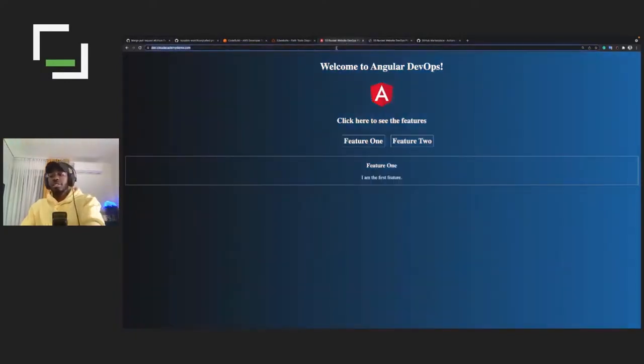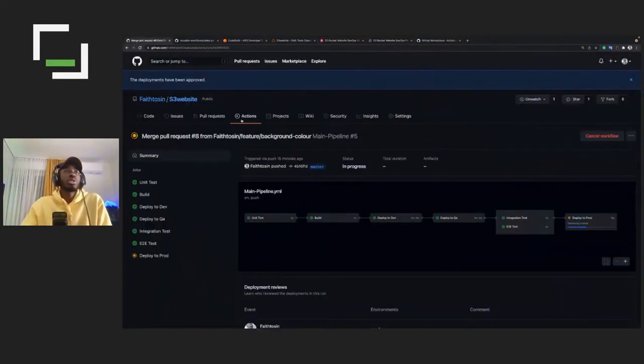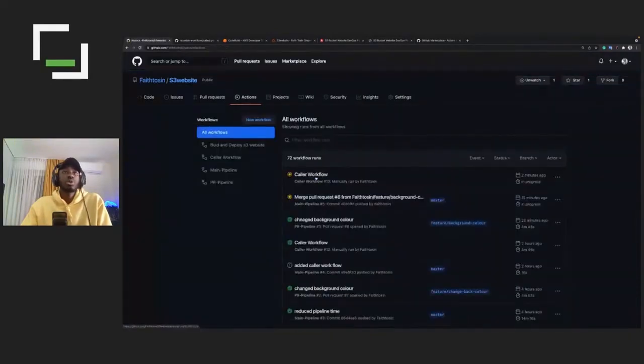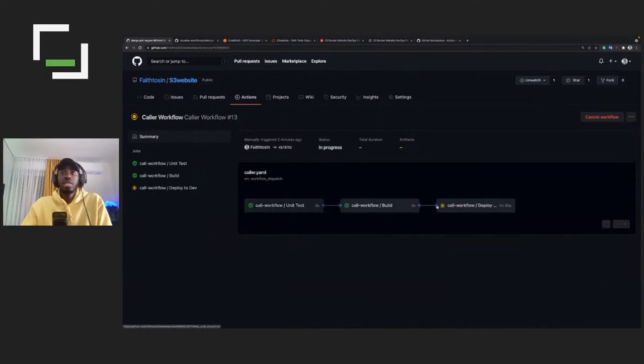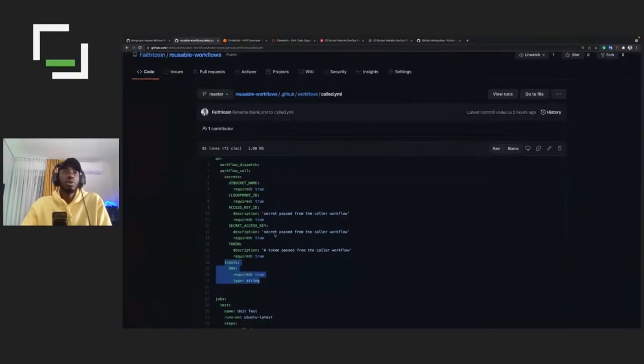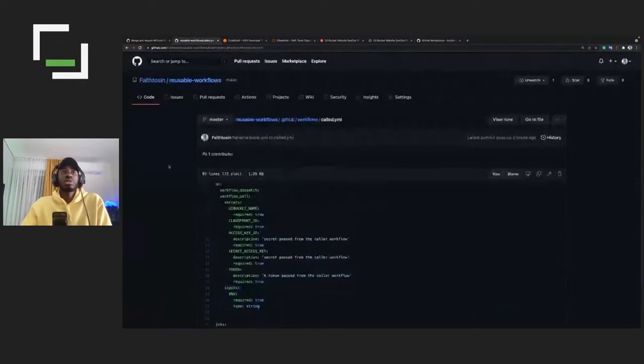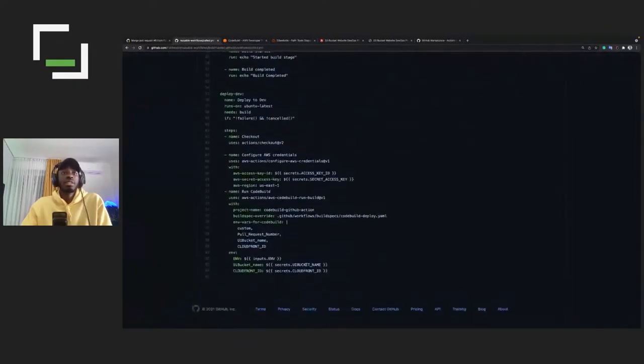Dev is already blue-black. I don't know what to call this. So once deployment is successful, we should see blue-black here also. And going back to reusable workflows, so we have two workflows or two runs currently running. So the caller workflow, like I said, is just 18 lines calling a workflow in this repository. Calling this workflow where we have 85 lines, and other repositories can also call this and make use of this